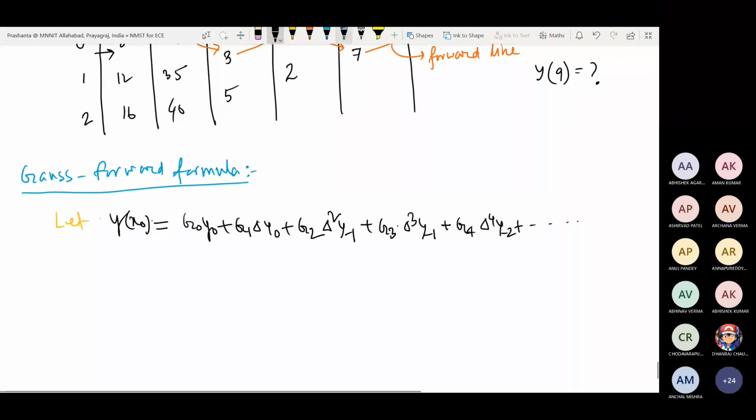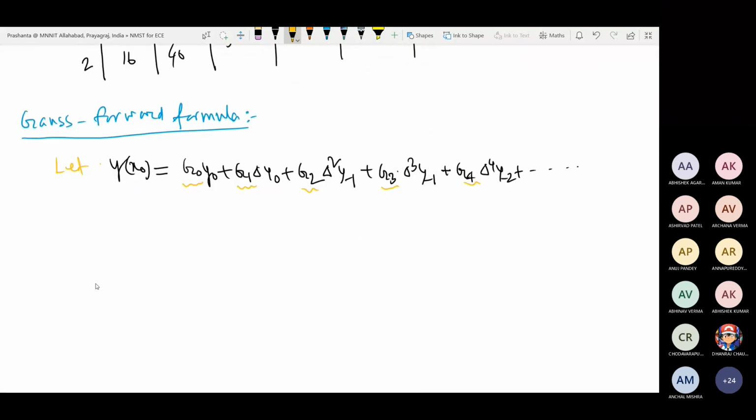Now in this linear combination you will have to determine the correct values of g0, g1, g2, g3, g4. If you are able to determine them, then the formula will be ready. A formula is nothing but a simplified expression. If you repeat the procedure again and again, you don't need to remember the intermediate calculations; even if you forget them, there is no problem. If you remember the final output, that is what the formula is. If you wish, you can directly start from here in each calculation, but that is not required.